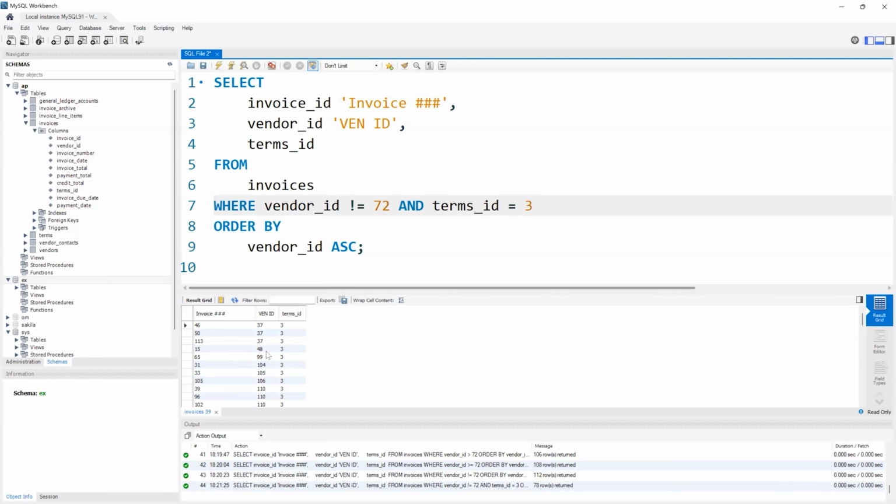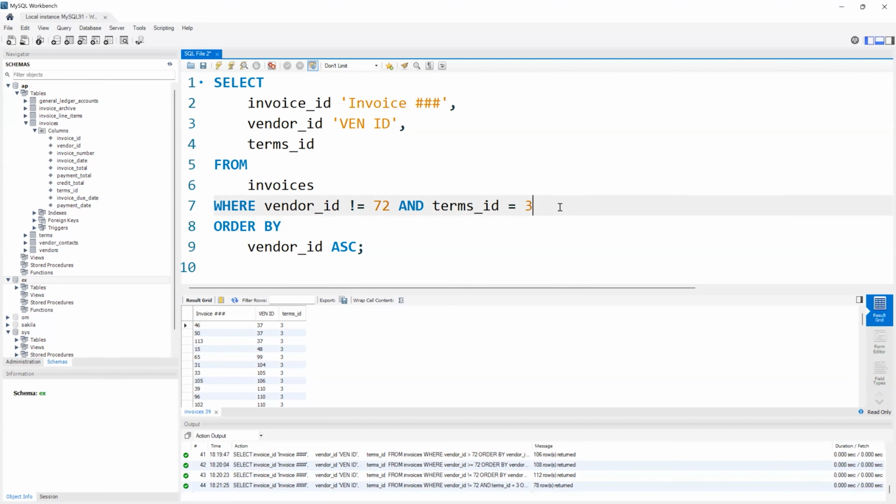Okay, so you can see that if you look at the data down here, everything should come through, excluding the 72. But because you have the AND operator, I'm saying pick only those where terms ID is 3. So therefore, only the terms ID will be 3. And then we also excluded some of these vendor IDs because they don't have the terms ID of 3, right? May not be 72, but it must also have 3. So therefore, some of those are actually excluded. Okay, that's why I only have about 78 rows as opposed to something more. So the AND operator